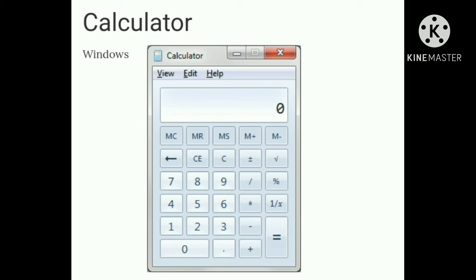From the View menu, choose the required type of calculator: standard, scientific, programmer and statistical. Edit, Copy and Paste commands can be used to input numbers into the calculator or paste the result to another application. Calculator was first included with Windows 1.0 as a simple arithmetic calculator.